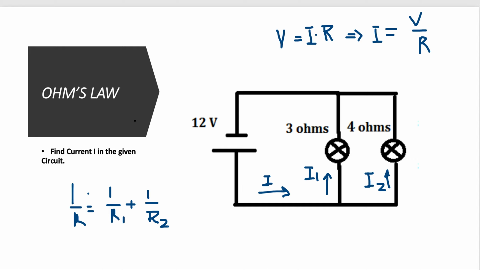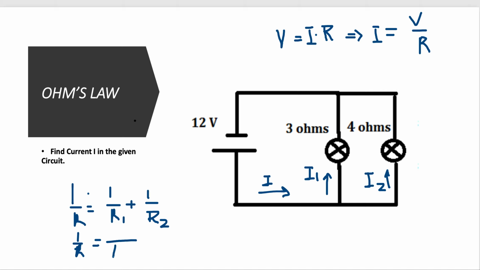Now, if I want to find the resistance, how am I going to find it? I'm getting the common denominator for R1, R2. Going with the cross product, R2 times 1, plus R1, divided by R1 R2. So 1 over total resistance RT is going to be equal